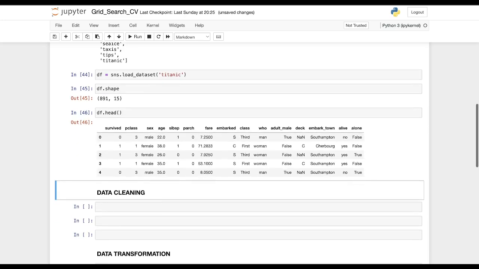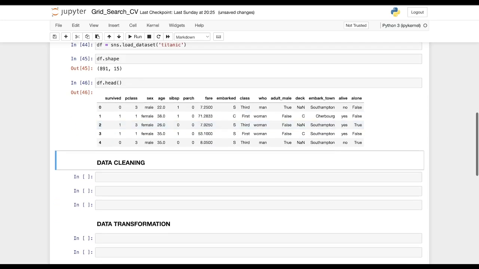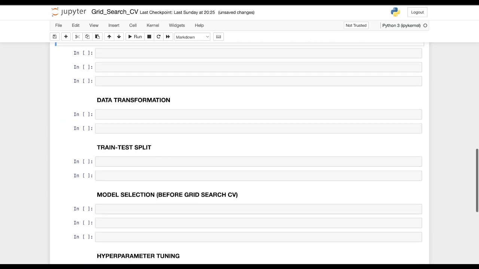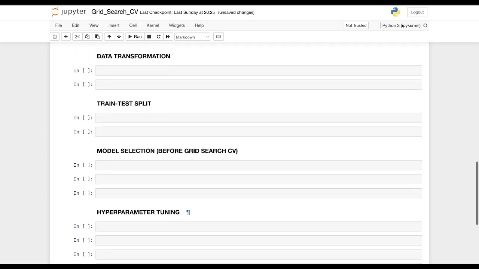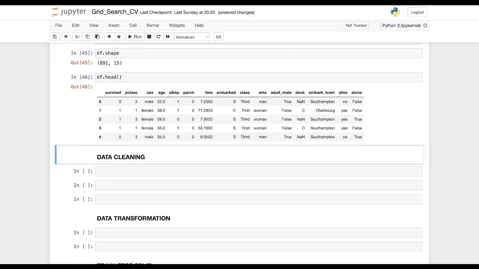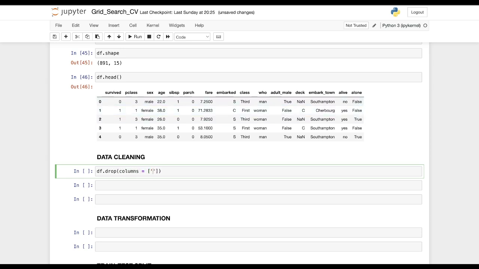So this is our titanic dataset, and I'm going to just demonstrate a very basic example, because the motto of this video is not to show you data cleaning and data transformation, but how to perform hyperparameter tuning. So we'll just do data cleaning in short. We'll start by removing the unwanted columns that we don't require. We'll say df.drop, columns is equal to, and I will provide all the columns that I don't require here, which is sibsp, then parch,